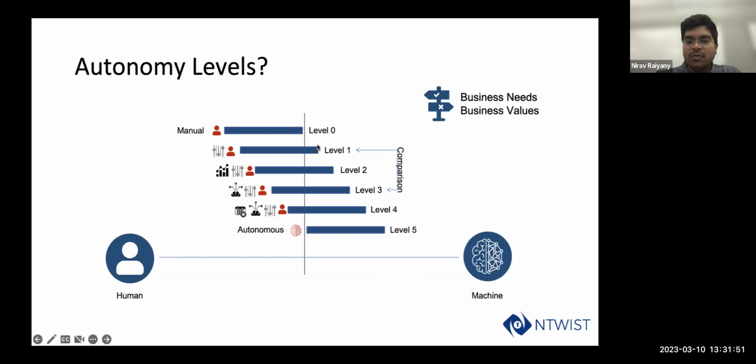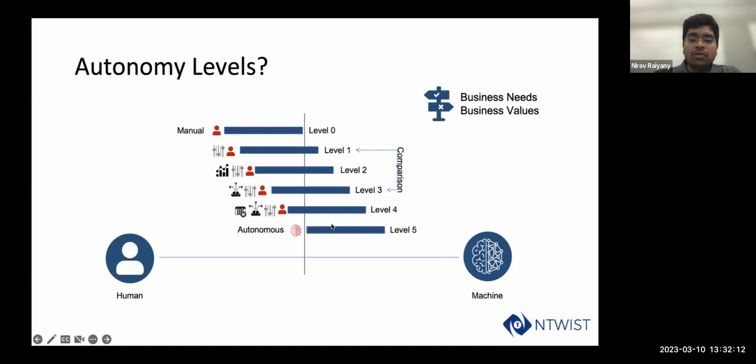So again, if I bring up the same levels of autonomy, what we compared in this industrial case was this: you had a controller along with a control room operator operating before, and then you had this added layer of intelligence in level 3, and we saw the difference. However, it is also important to notice here that